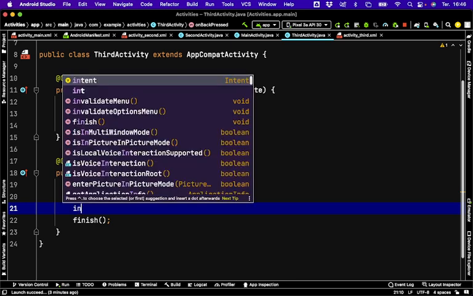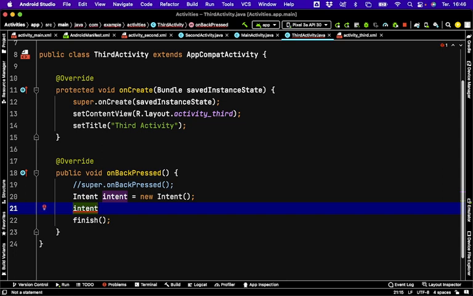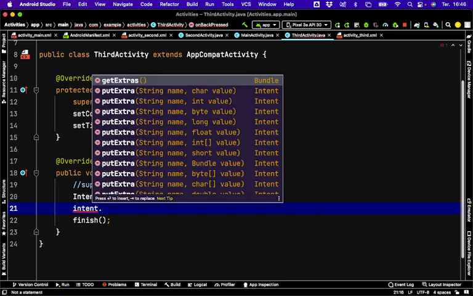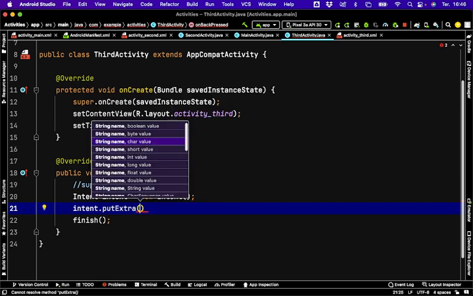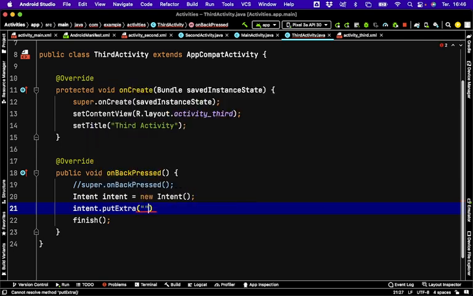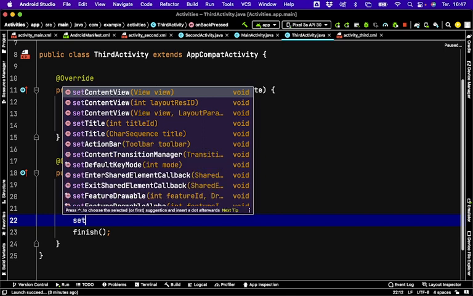So then I'm going to put extra on the intent. Put extra. Let's put another extra. Third. And then I'm going to say setResult